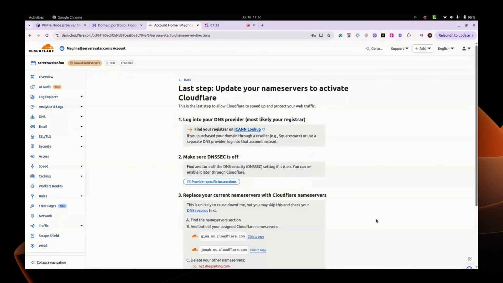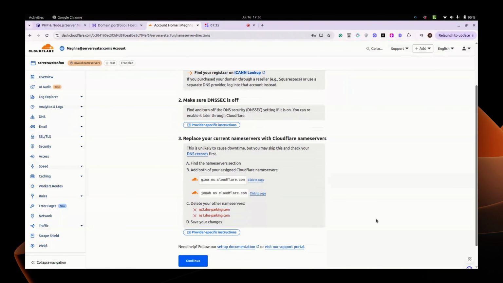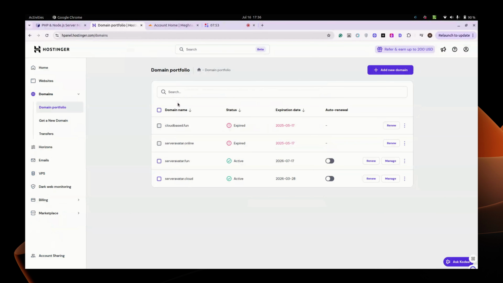Once it is scanned, you will be given two name servers by Cloudflare, as you can see here. Now go to your domain registrar panel like Namecheap, GoDaddy or Hostinger, as I am using here, and update the name servers to the ones provided by Cloudflare.